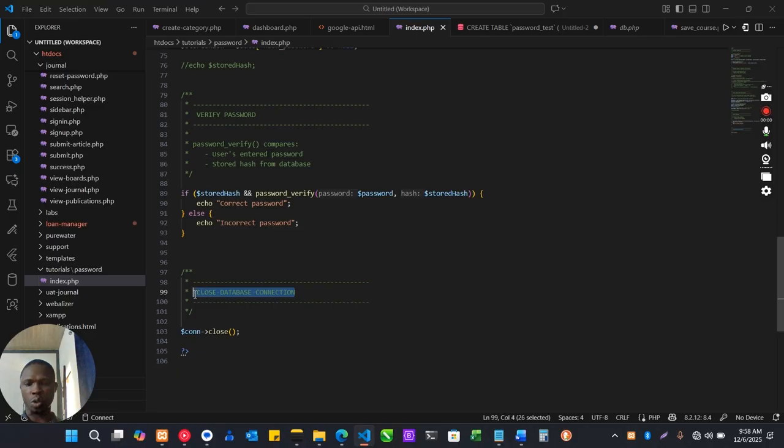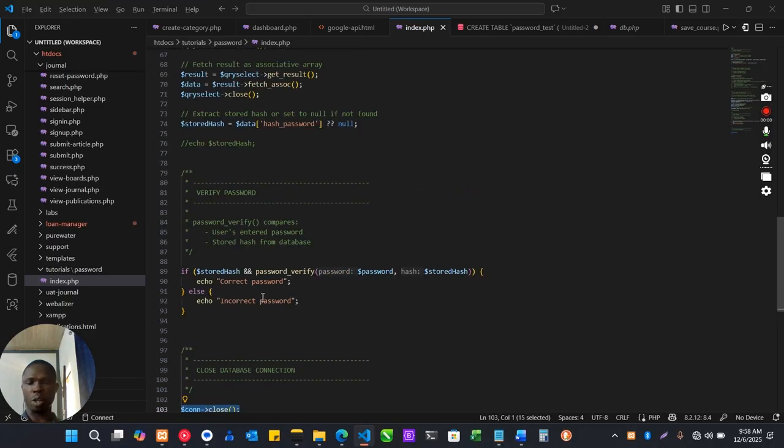Then at the end of the day, you just close your database using the database connection variable. So let's see this. Oh, correct. So it means